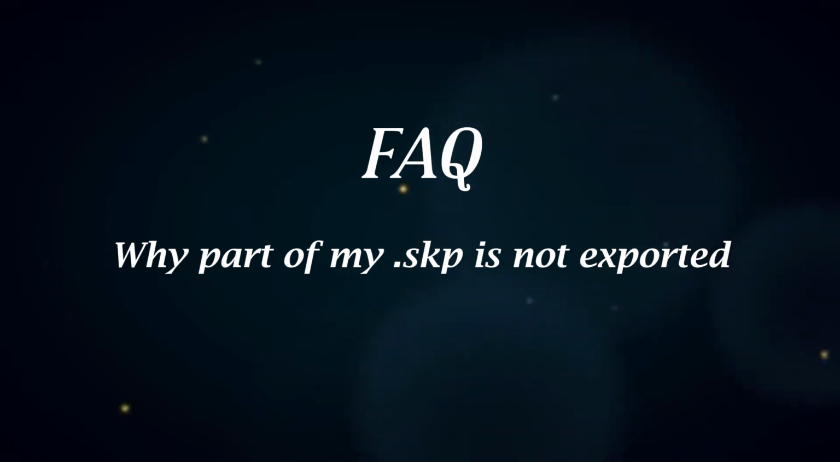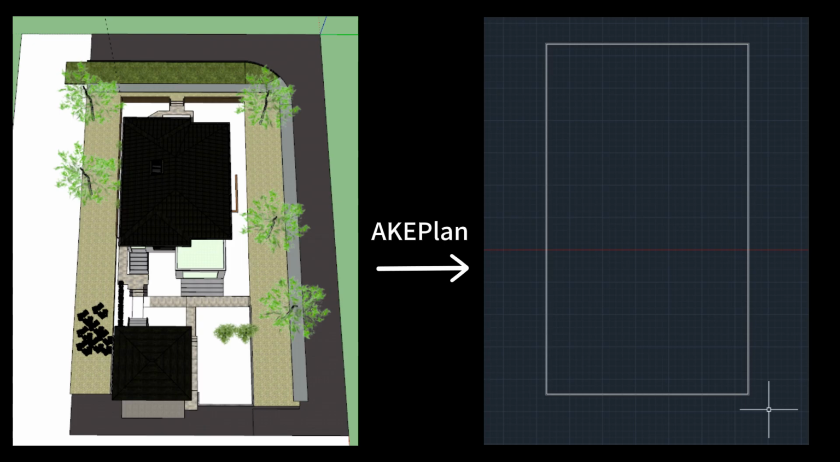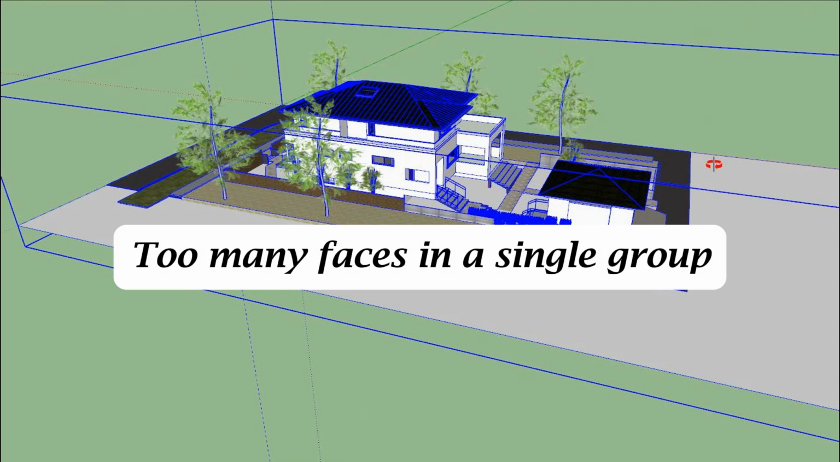Why is part of my SketchUp model not exported? Some users have found that their models are not fully exported, with some content missing. This issue occurs because a group or component contains too many faces, causing the program to skip that group to